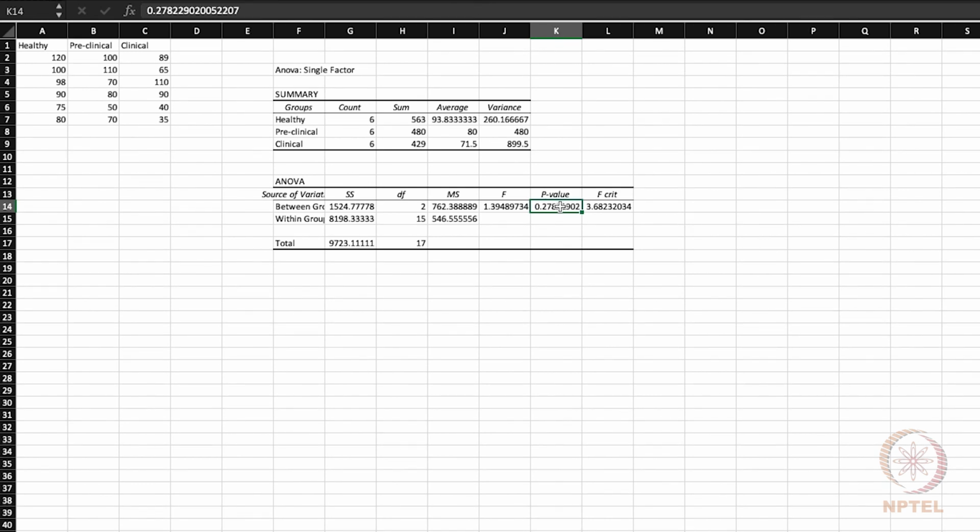So obviously we see here that the p-value of 0.278 indicates that the differences between the healthy, preclinical and clinical samples are not significant, and that is also clearly shown through the F critical value being larger than the F calculated value. So let us go back to the presentation.